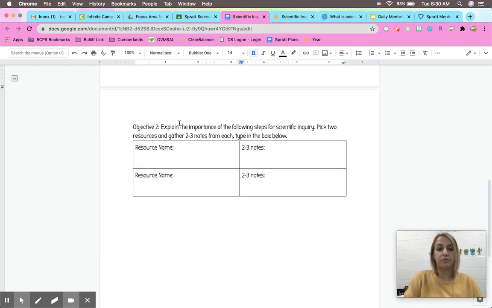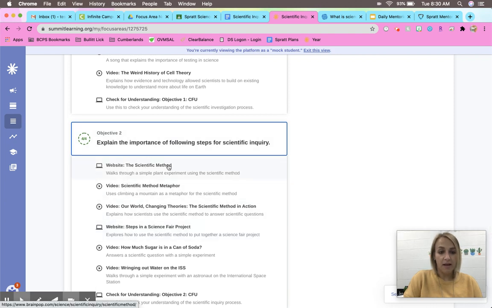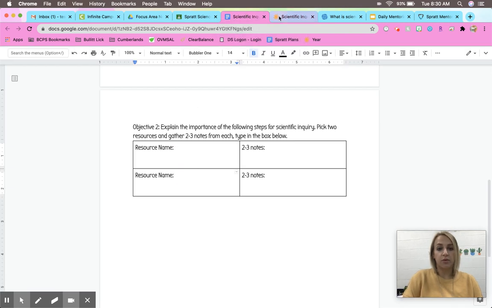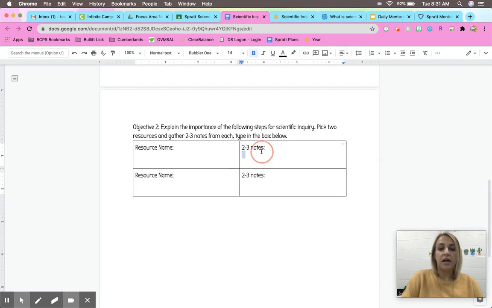You'll keep moving on to objective 2. In objective 2, there is a website. Here's the name: video, website, video. This is another check for understanding just to see how you did with that objective. Again, you have to come up with the resource name, which is right here, the bold lettering. So you'll pick 2, watch or read, and then you'll tell me 2 to 3 things that you learned from that resource. When you finish the note taker, you can submit it on Google Classroom, turn it in,